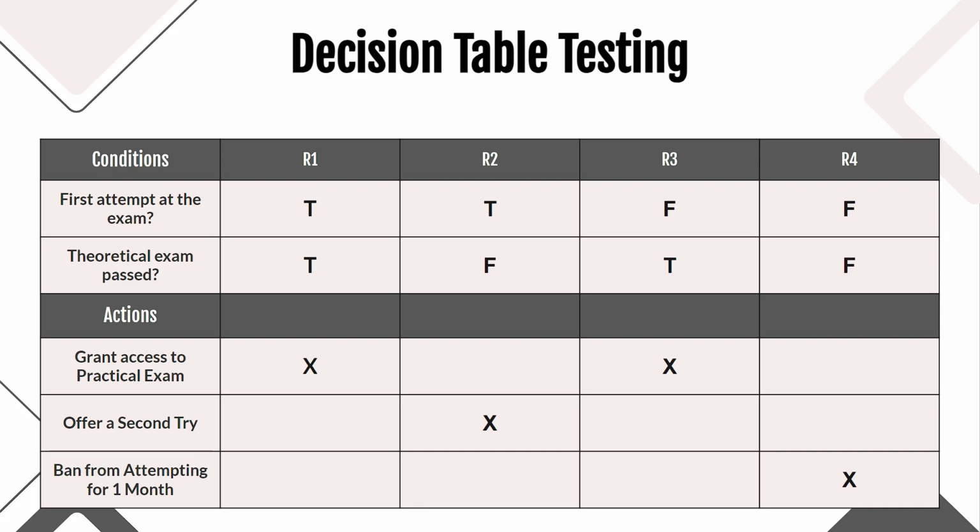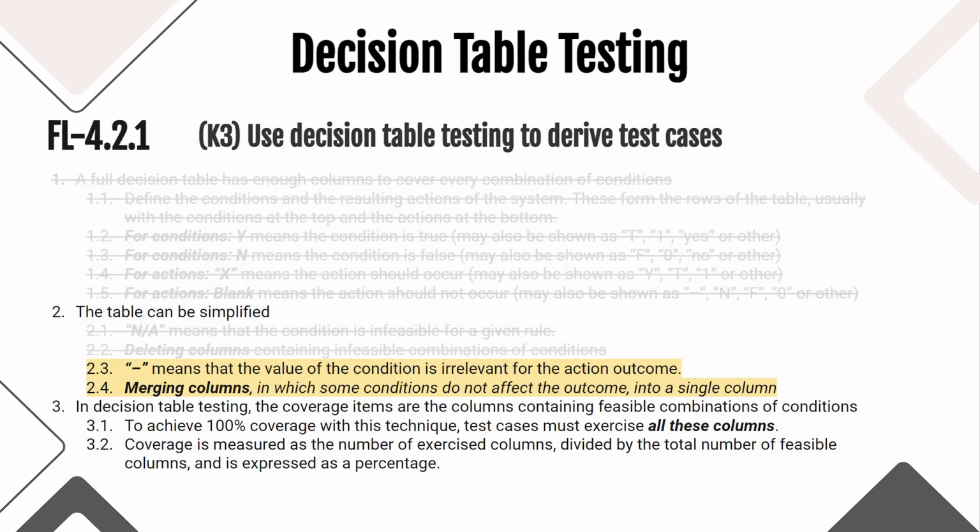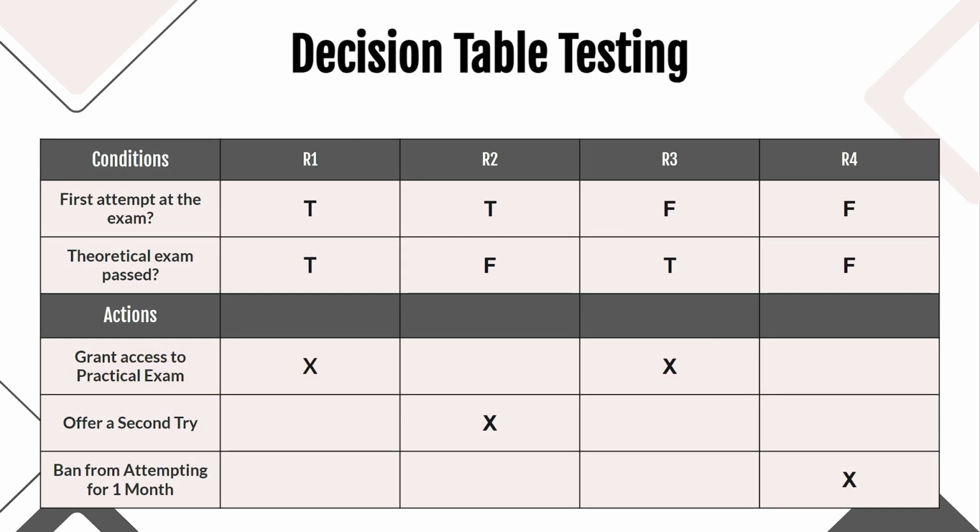Sometimes there are conflicts in tables based on conditions. For example, some combination would lead to 2 actions or 2 contradictory actions at the same time. But not in our case. Accordingly, we skip this step and move to merging columns, in which some conditions do not affect the outcome, into a single column. For this step, you first need to pay attention to actions,